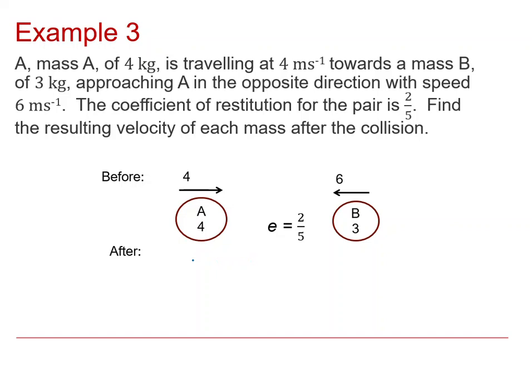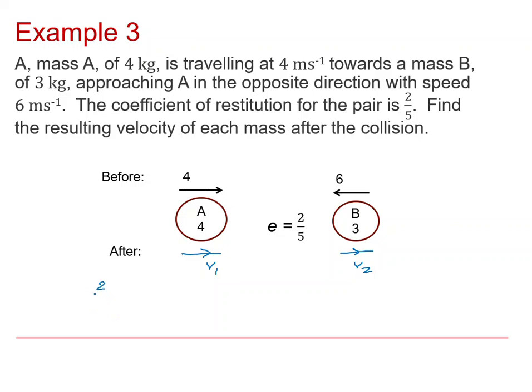So in order to solve this, we need to bring in some letters to represent what we're trying to find. So let's say V1 and V2. Now we have two unknowns, so we need two principles to apply. The first principle is the restitution law involving the coefficient of restitution, and the second is the conservation of